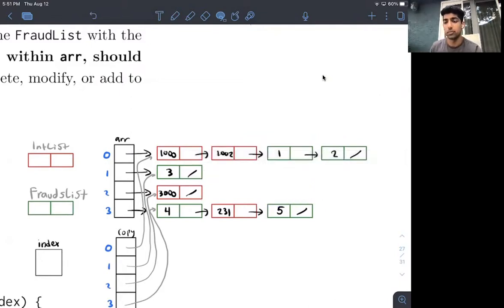But the main problem here is that we cannot store a pointer to any specific link as we iterate through our recursive calls because we don't have a parameter, right?